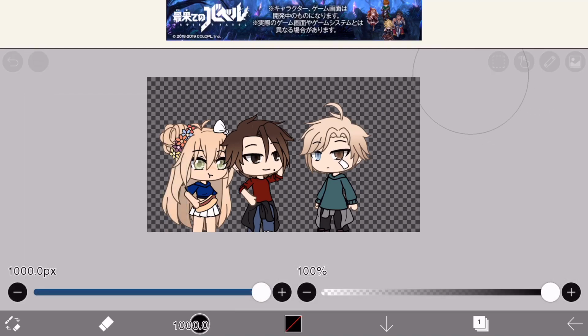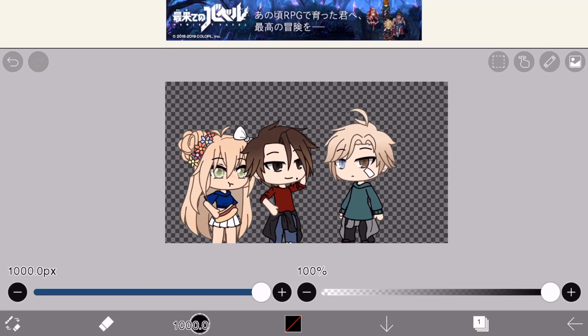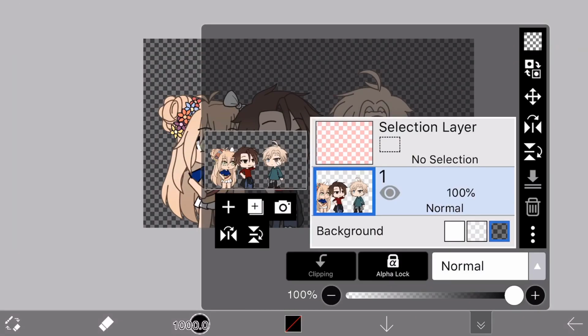So once I've done that, I always rub the eraser down the side, like the edges, because there's always this black line. I don't know if you guys have ever seen before, that comes with gacha pictures. I don't know why it does, but it's there, and you can sometimes see it through backgrounds. It just annoys me, so I get rid of it. And then I